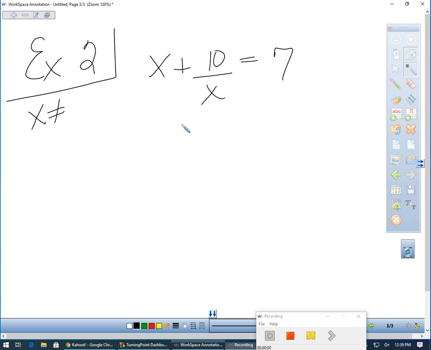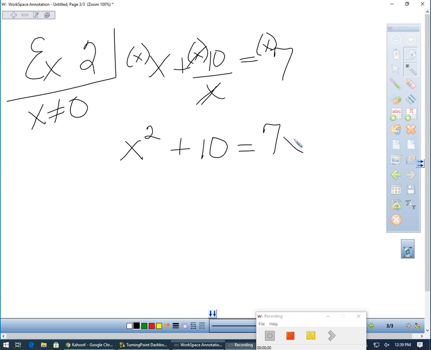I can put a 1 in here and that still works, doesn't it? 0, yes. If I have just an x in the bottom, it can't equal 0. So now, the common denominator is x. And remember when we clear the fraction, we multiply by the common denominator, right? So we're going to multiply everything by x. In the first one, x times x, x squared. Here, my x's cancel, so I have plus 10 equals x times 7,